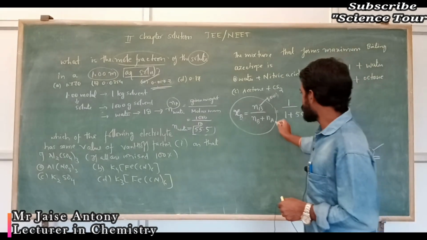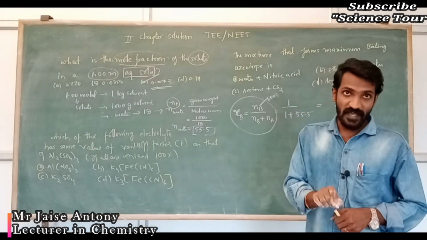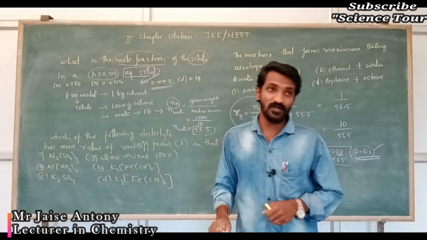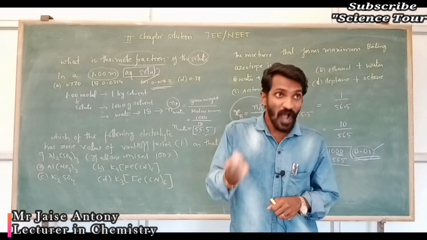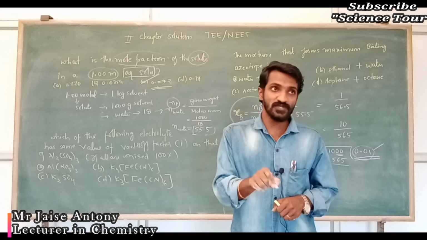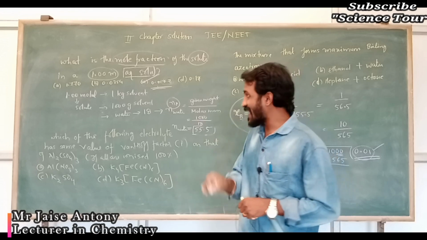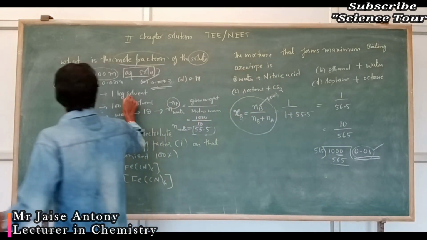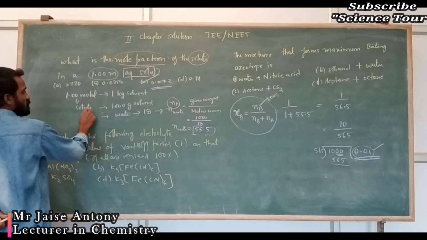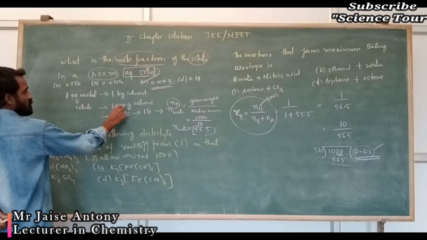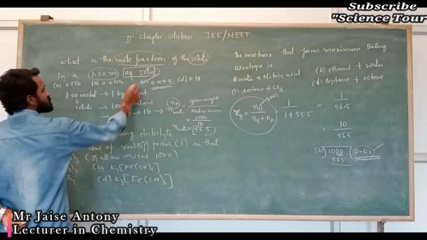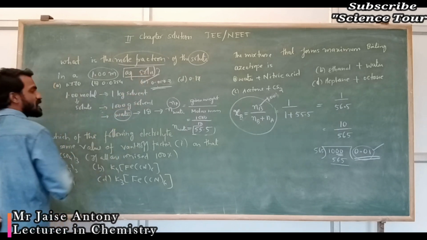Then what is next? Next you have to find out number of moles of A. A means solvent. Solvent is nothing but aqueous solution. Aqueous solution means water. That means you have to find the number of moles of water. To find that, I just calculated these terms. 1 molar solute is nothing but 1 mole of solute in 1000 gram of solvent. Here which solvent is taken? Here water is taken as a solvent.